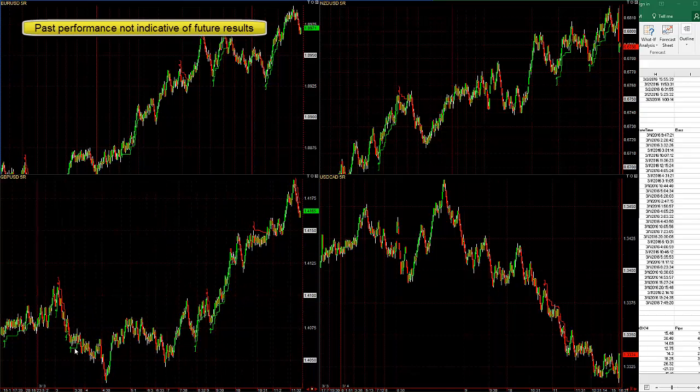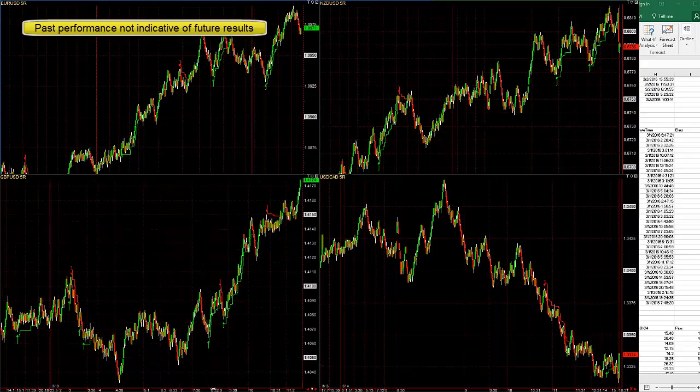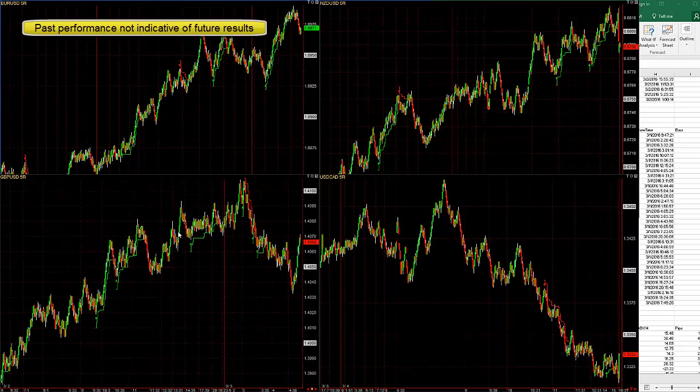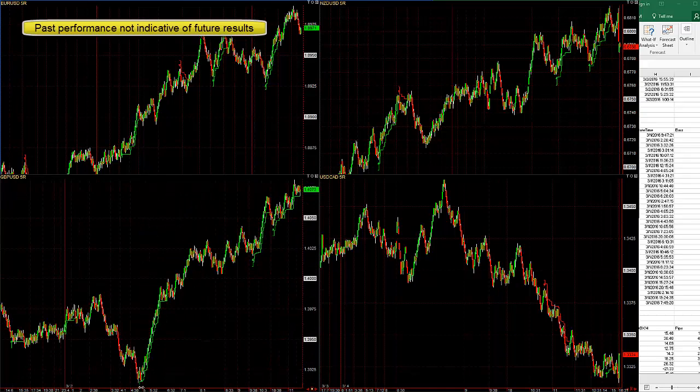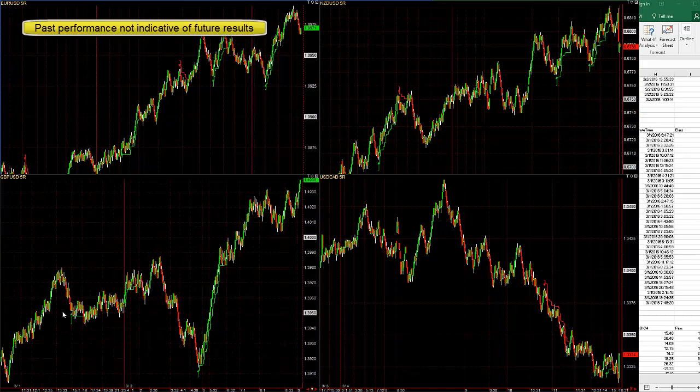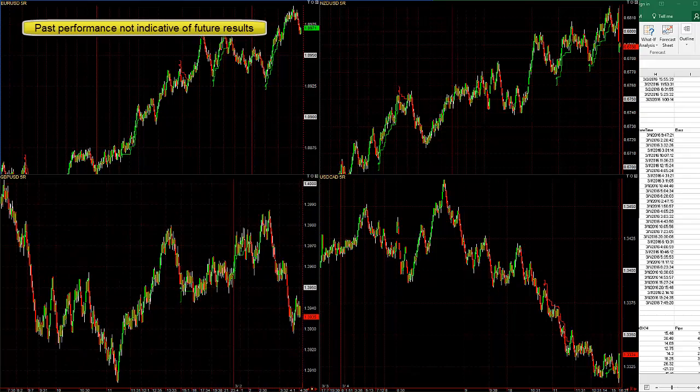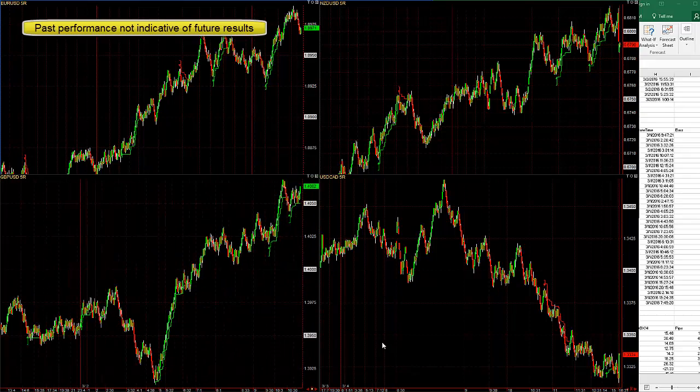Doesn't always happen, as you can see. Bought here, made a little bit of money, went short, made money, lost. You're going to have a string of losers occasionally. You can see win, win, win. Huge win. Win, loss. Losses are part of the game. But when you have a system that, and you can see the dollar CAD right here, small loss at the end of the day, you might not have even taken this trade as a human,